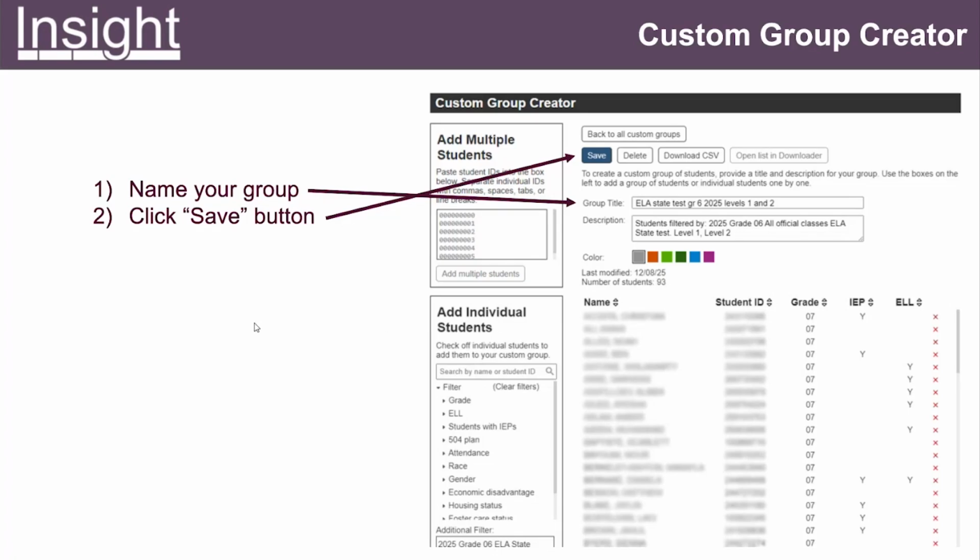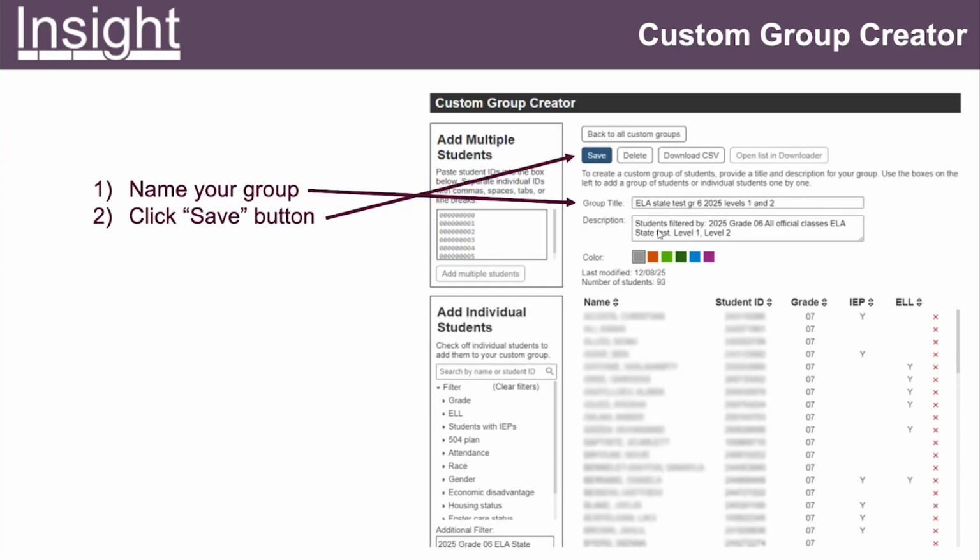So I click on the button from the list. It brings me here. It brings in all the 93 students who took the 2025 grade 6 ELA state tests, level 1 and 2. I'm going to give it a group title, typing in here: ELA state test grade 6 2025, level 1, level 2.